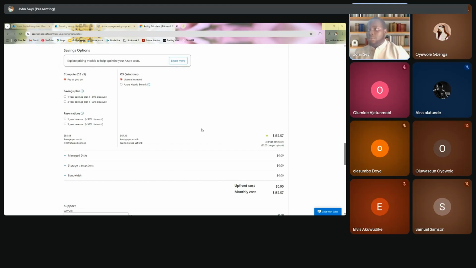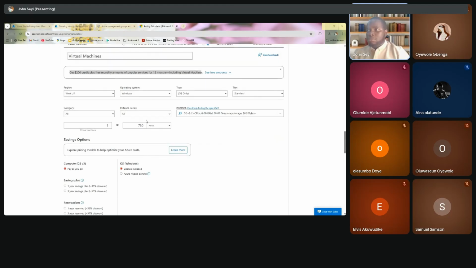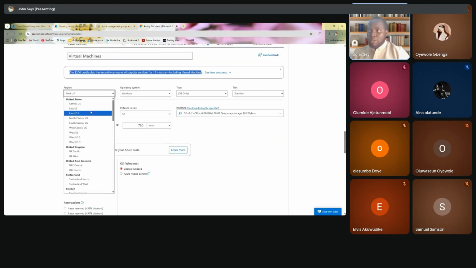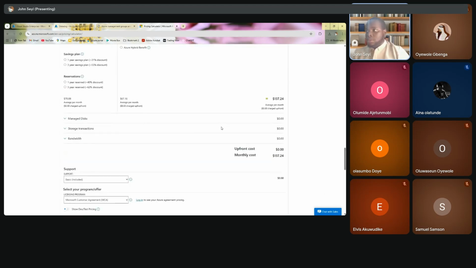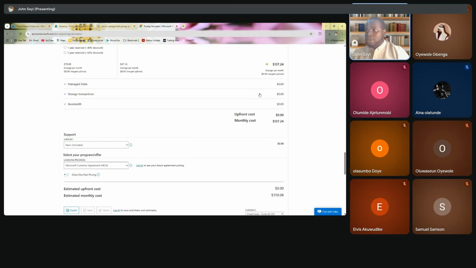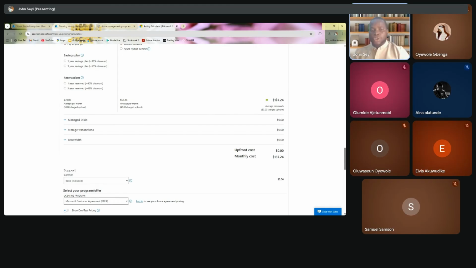I can say, okay, let's go back. What else can I do? Let me change the location back to East US 2. Maybe it will reduce it. East US 2 is telling me that they will give me that same virtual machine with all these necessary details for $137. If that is okay for me, I can do that. But if it's not viable for me using a $200 credit, I can come back here and say, okay,